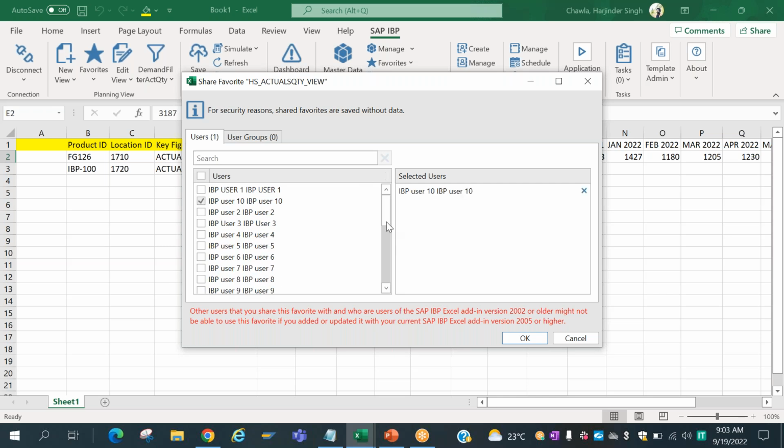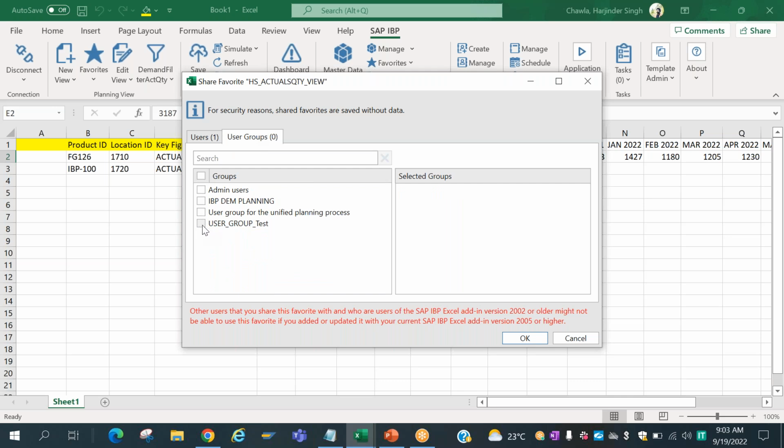Let's say with this user, or I can create a group of users. I can put these 5, 6 users in one group because they are my teammates and I'll always be sharing with them. So I don't have to select all the 5 every time. If I just create a group, I can just share it with that particular group.